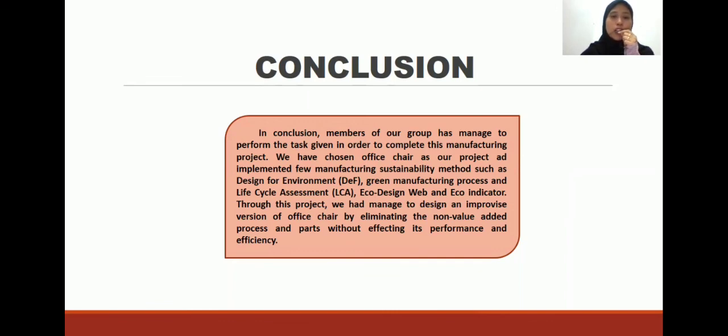As you can see, we chose office chair as our project, and we managed to implement a few methods of manufacturing sustainability in order to improve the design of the office chair by implementing the non-value added process as part